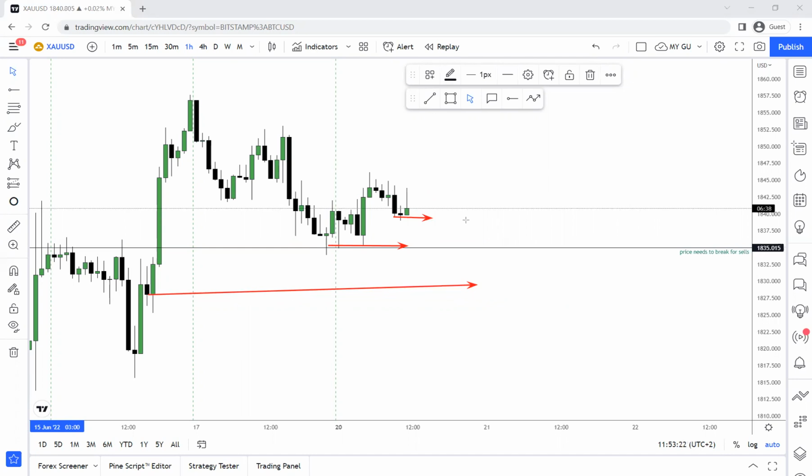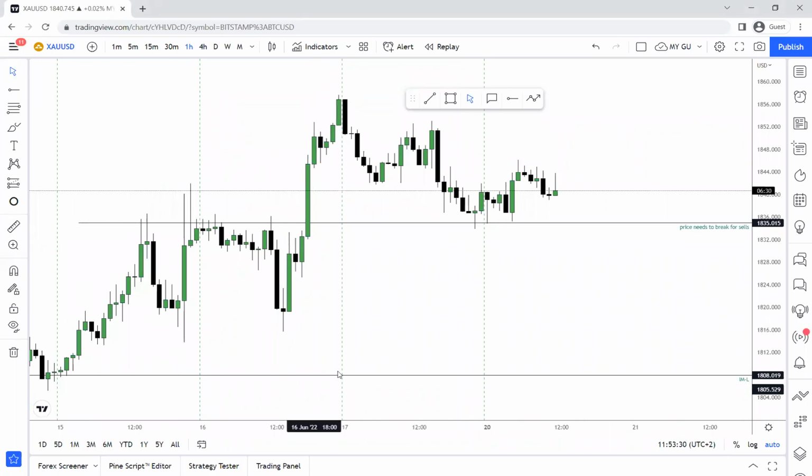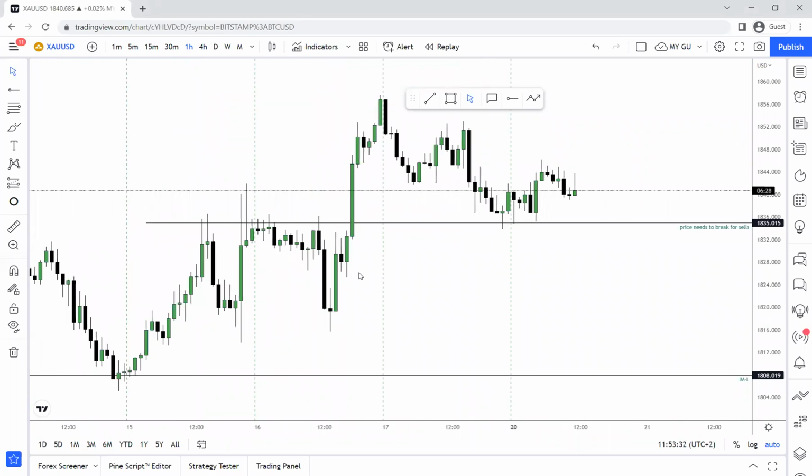However, like I keep on saying, even by just looking at it, this looks way too much like an impulse. This price action we have right here looks way too much like an impulse. But since it's the beginning of a new week, maybe they have new targets set in. So we need to see what price is doing around this area.